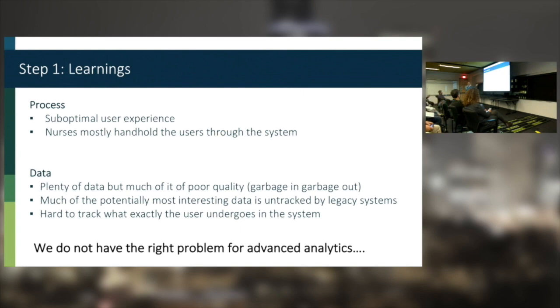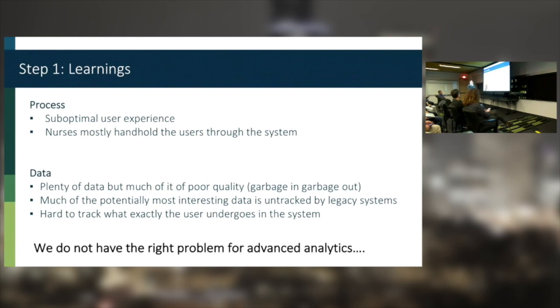And we also learned that the data, we had tons of it, as we said, but like Daniel also said before, most of it is in poor quality, so it gets us to the garbage in, garbage out type of problem. Now, we also saw we had legacy systems that this was all on.